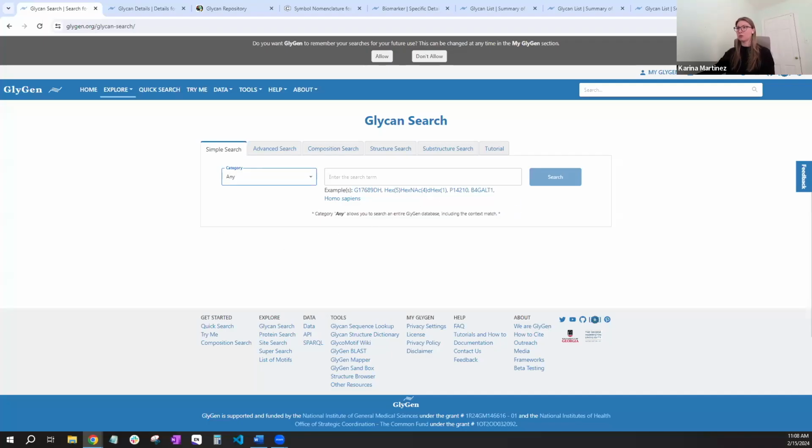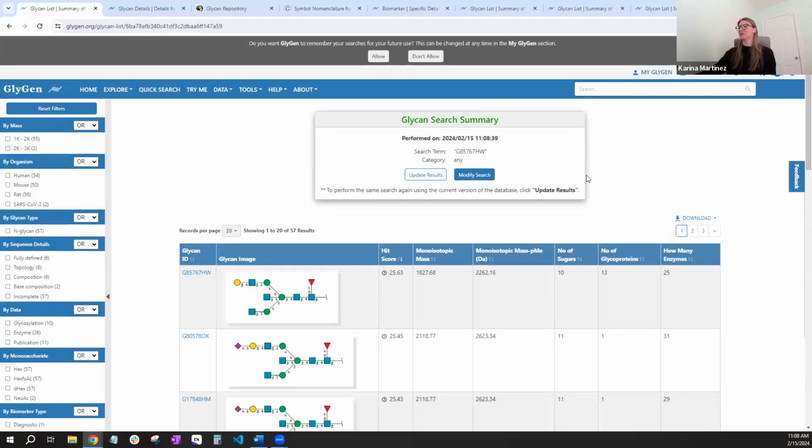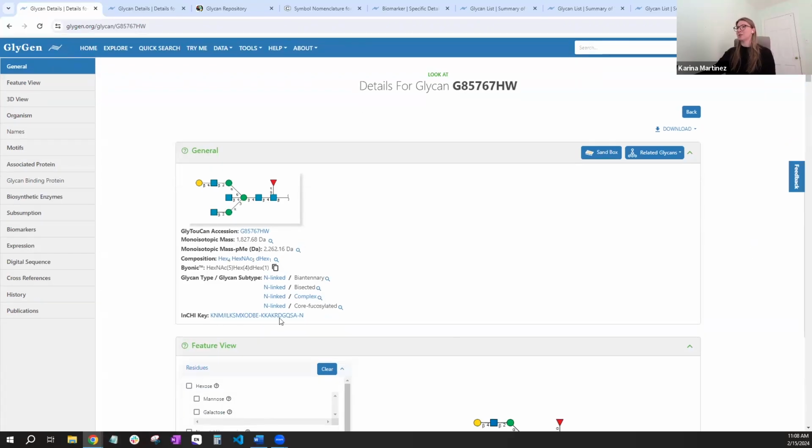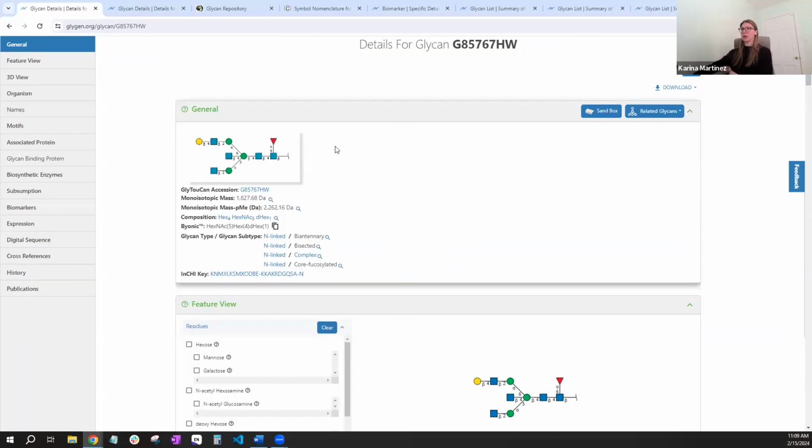If you know your GlyGen accession number that you're looking for, you can go ahead and type that in right here. I'll go into the GlyGen numbers a little bit more in a moment if you're not familiar. And click search. So this is the glycan that I was searching for, and this is the Glycan details page. On this page, we've got lots of different information on a particular glycan structure, and it starts here with an